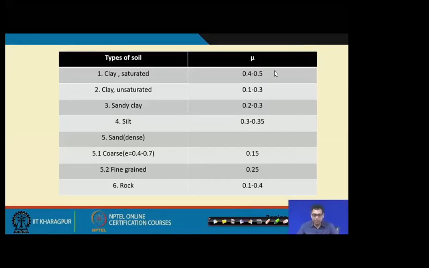So, the typical value of the Poisson ratio mu of the soil is given in this chart. You can use this chart for your reference. All the Poisson ratio values are given for the different soils. You can see for the unsaturated it is 0.1 to 0.3, but for the saturated clay it is close to 0.5. We generally take 0.45 for the saturated clay, for sand it is 0.15 to 0.25, and silt it is 0.3. So, these are the Poisson ratio values.